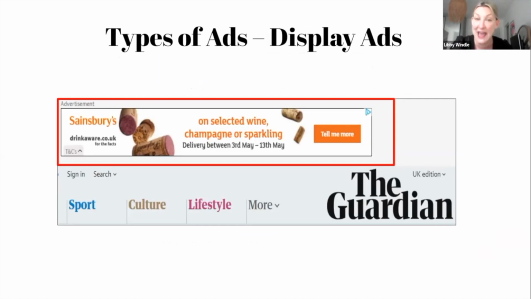And then we've got display ads. So display ad is quite different in that you're not putting an ad on the Google search or results page, you're putting it on somebody else's website. So here I've gone to The Guardian and I've been served with a display ad for Sainsbury's. So trying to sell me wine, champagne or sparkling wine, which is not a surprise because I enjoy all of that. So there's 2 million websites signed up to be part of this display network, and you can choose where